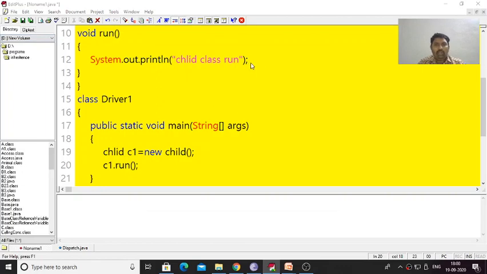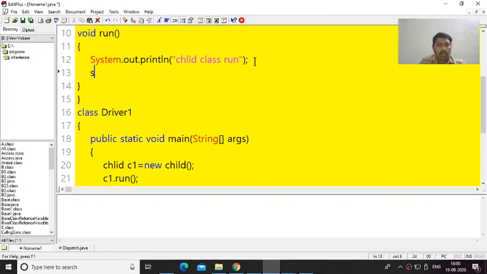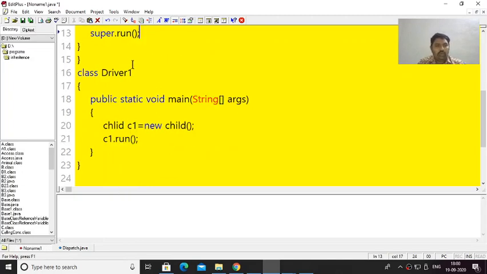Here we can also call another method, super.run. Let us save this program with the name Driver1.